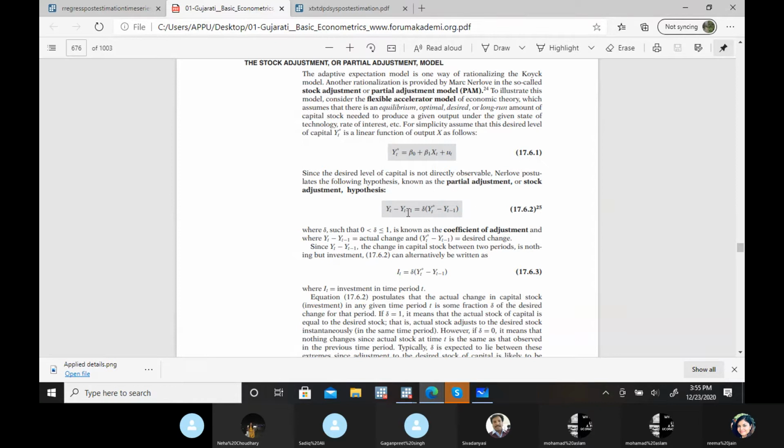Maybe in your syllabus you have all these models as well. As I have read your syllabus, you have partial adjustment, adaptive expectation, Koyck approach, Almon's approach. So definitely for exam purposes you have to go through this, because you don't know, they might ask you as an objective type question or some other type of question. So yes, definitely Neha, it's important for you.